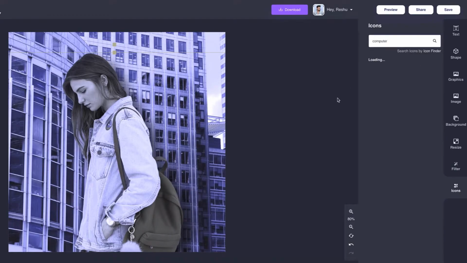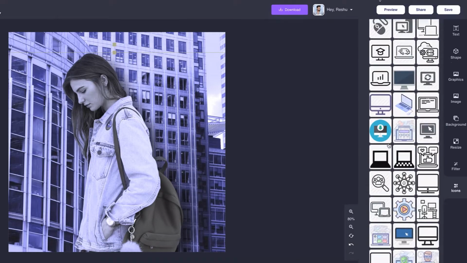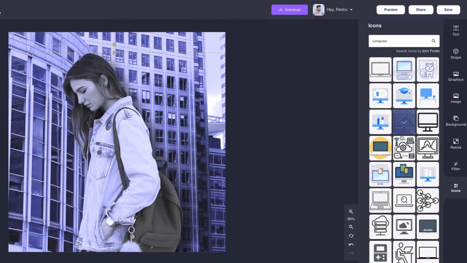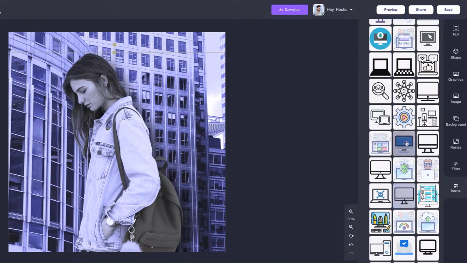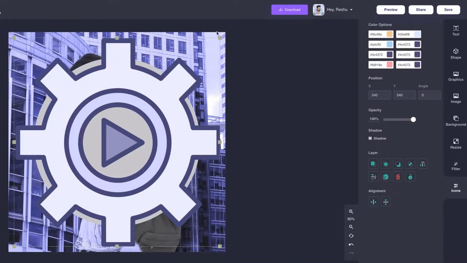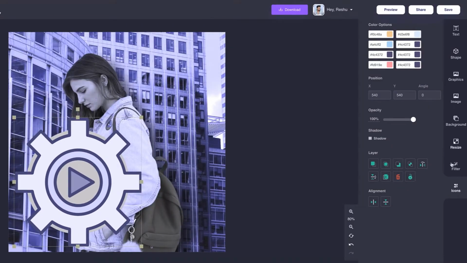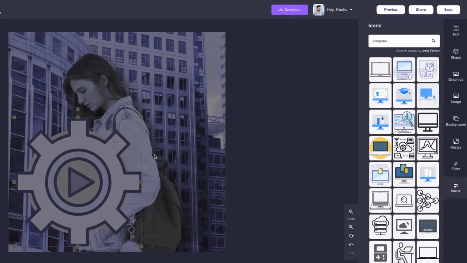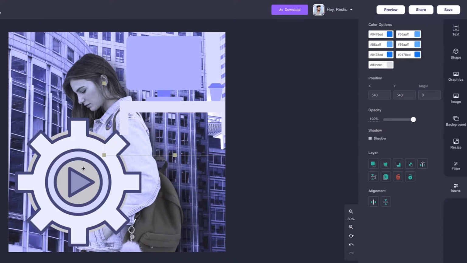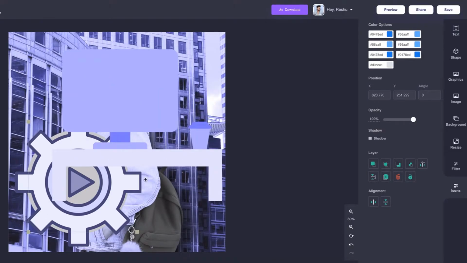This is the amazing icon library with millions of icons, and all of them are fully customizable, fully editable. So you need not worry about the color scheme and everything. They are vector based designs, which means they will not get blurred no matter how much you stretch them. So yeah, this is it for the graphic designing.